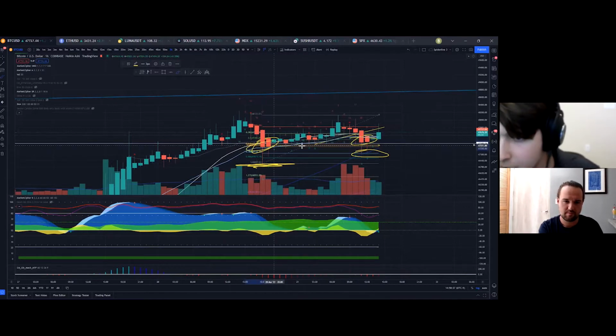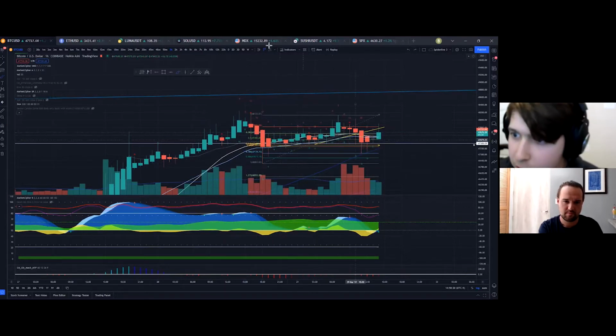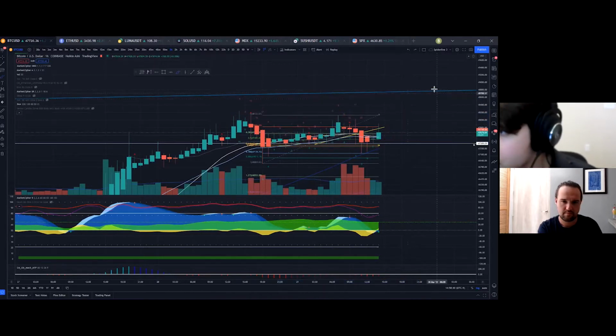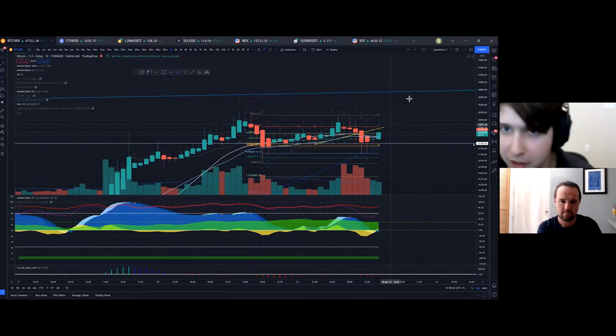It looks like we are making sure the ground is firm. Usually when you do that, you will see a setup for a push up. It would be a third test of this level as well. If we do break that, we have a spider line here at 48.8. In the near short term, I do see that.